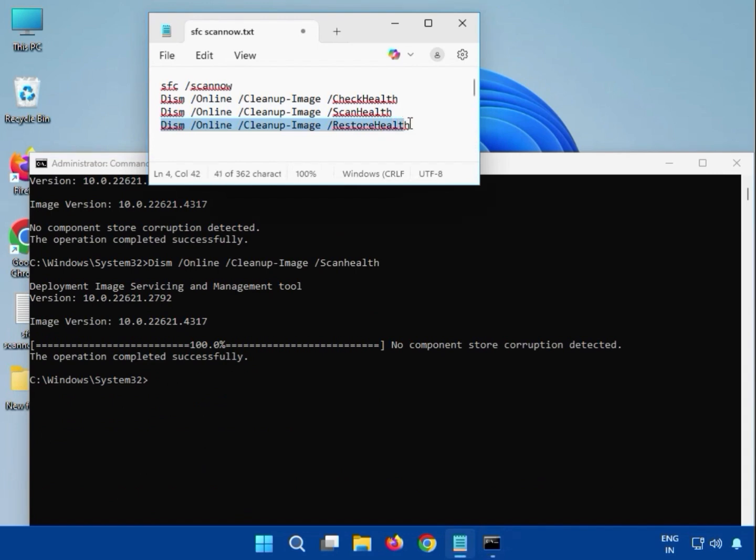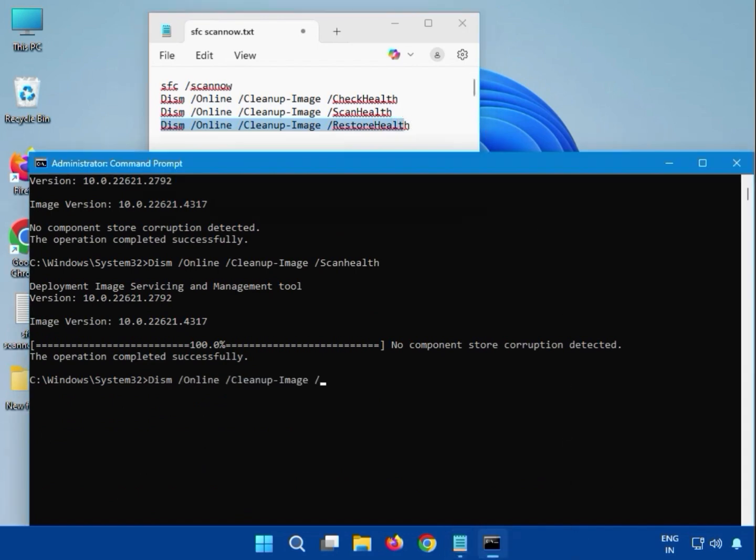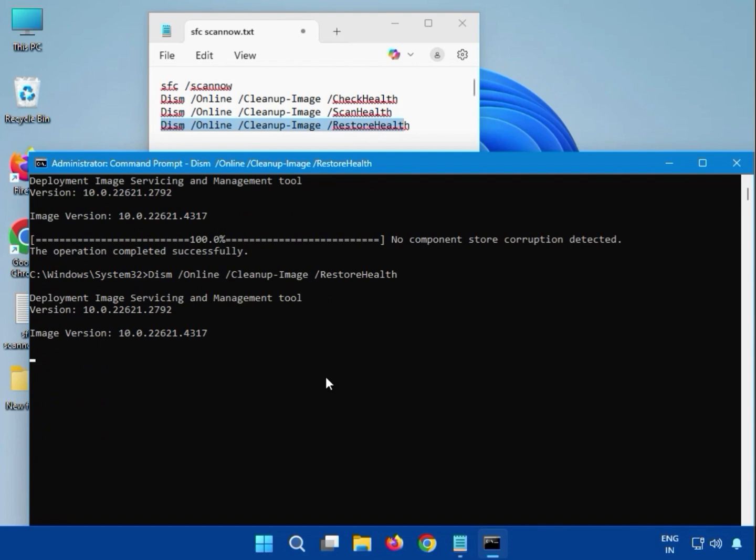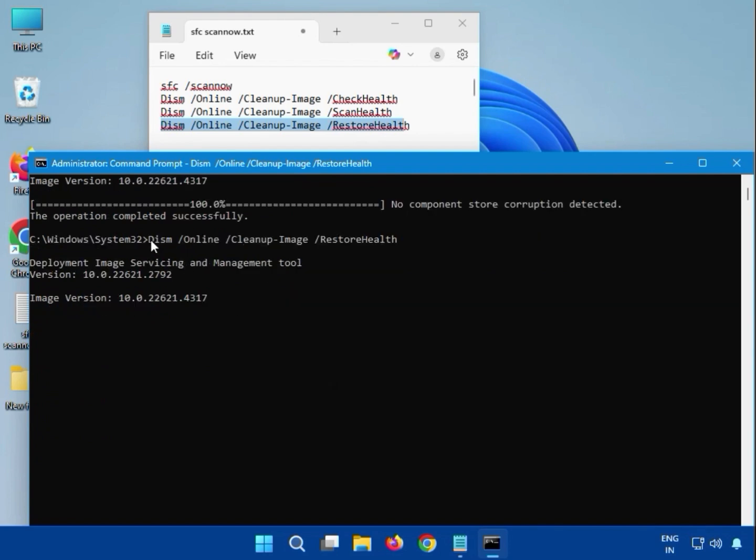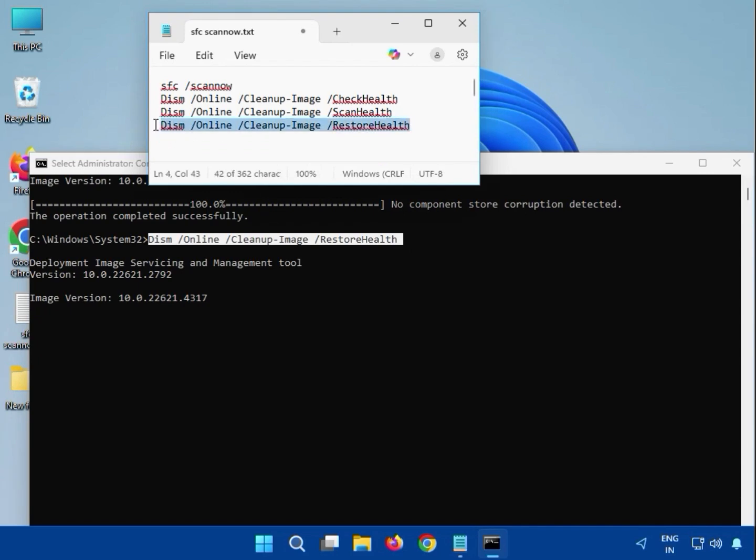Then guys, fourth one, which is restore health. You can see here, we can enter like DISM and all. And please note small and capital. Okay, restore health, and then hit enter. Again, guys, you have to wait. Okay, the percentage starts. It will complete. After that, you can see here